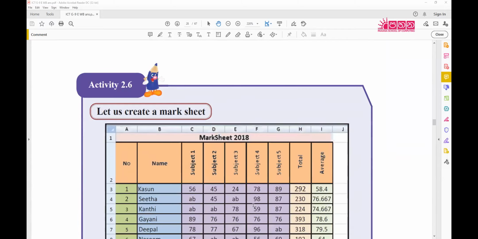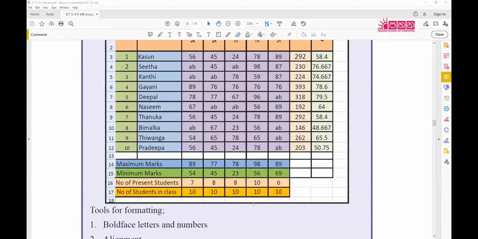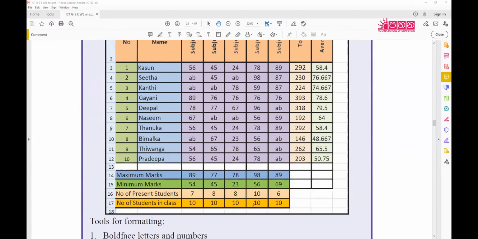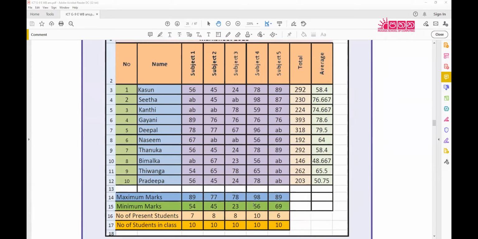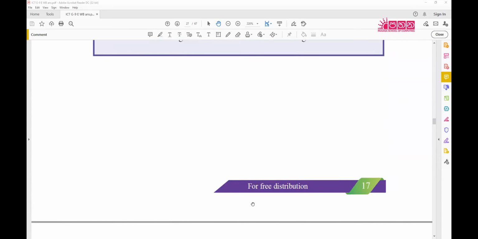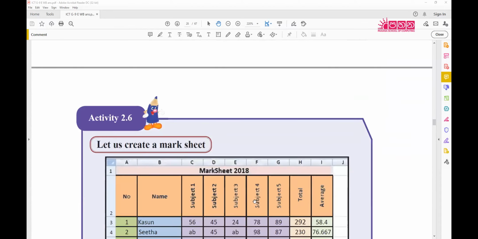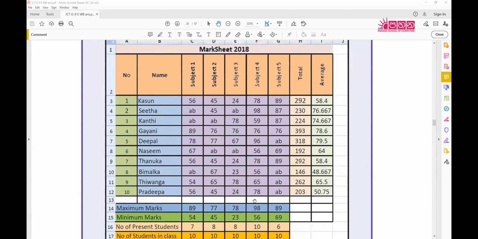Right. Then we'll move to the next one then. Let's move to the next one. So let's share the next activity. So in this one, we are going to do some calculations, right? We are going to find out maximum and minimum values, and also use a couple of functions, right? So let's start together.